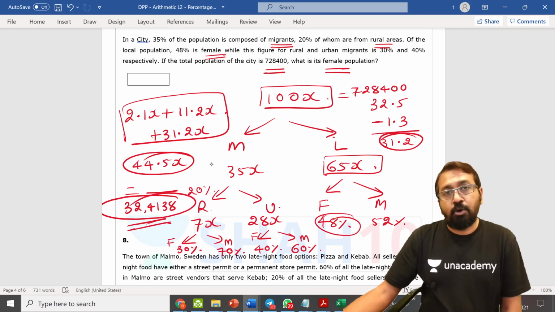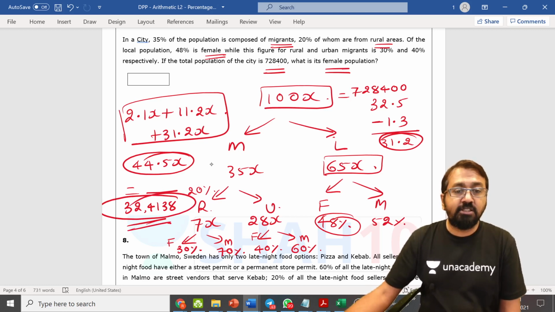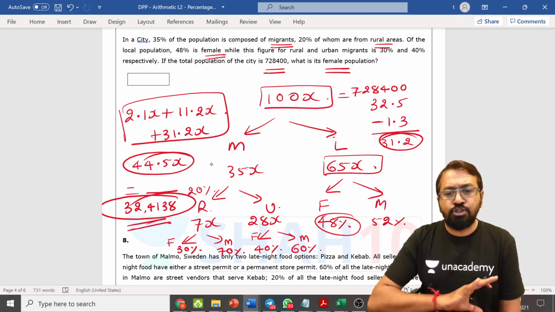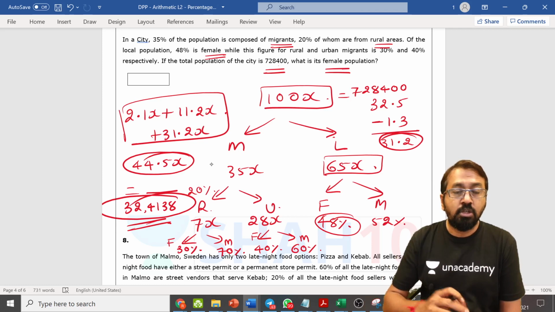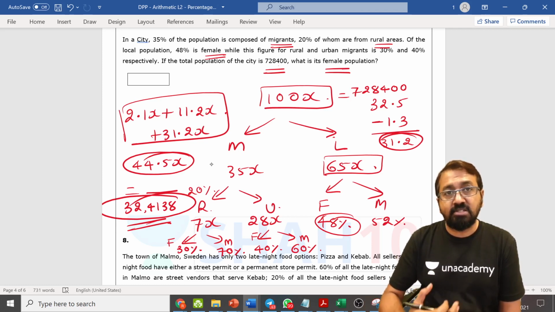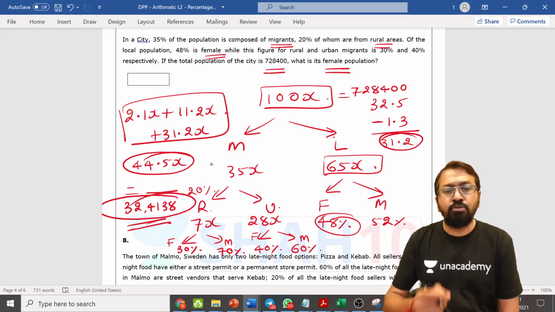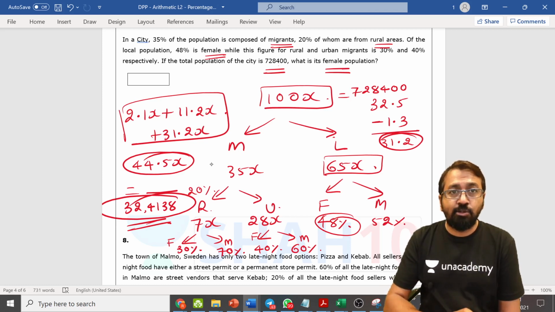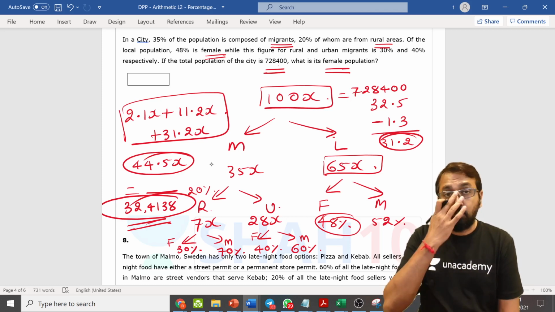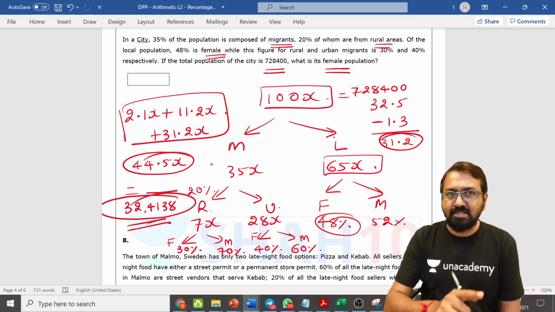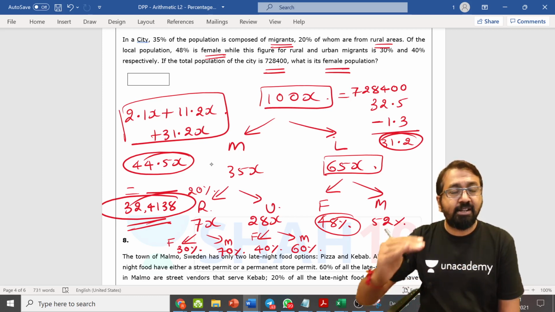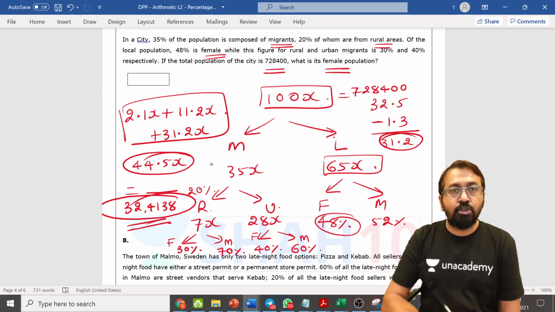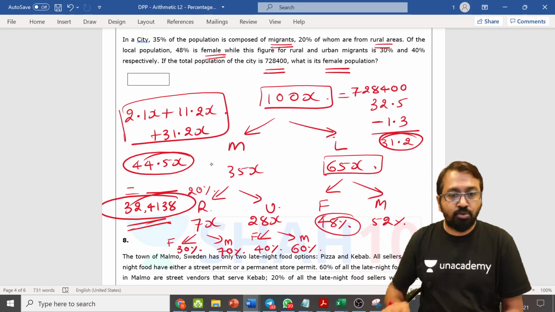So I hope all of you have understood this. As I mentioned earlier, the question is slightly complicated, but it's an amazing question. It will surely help you improve your accuracy and your understanding of the concepts of percentages. So you must try to solve this question on your own without looking at the solution, and see whether you are able to get the answer or not. If you can tackle such questions, trust me, scoring 90 plus percentile will not be challenging. So please make yourself familiar so that you can solve such questions.